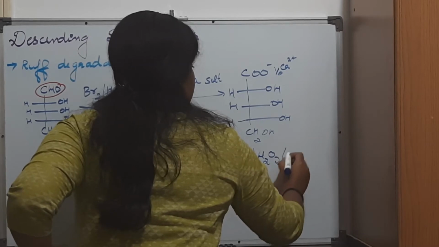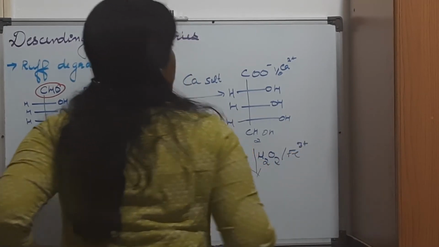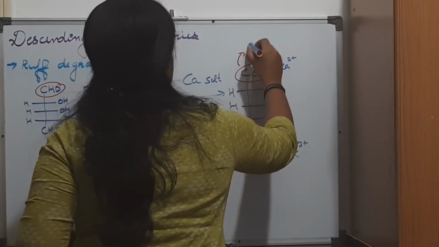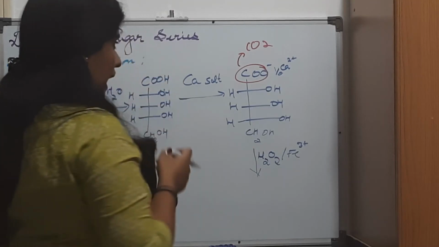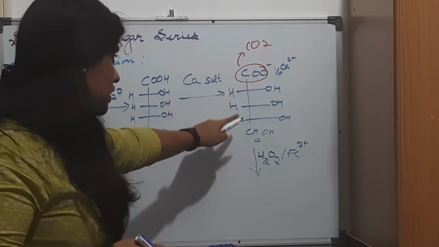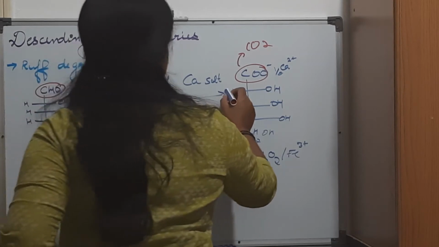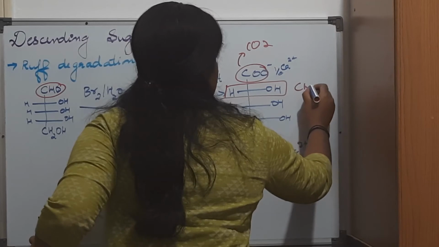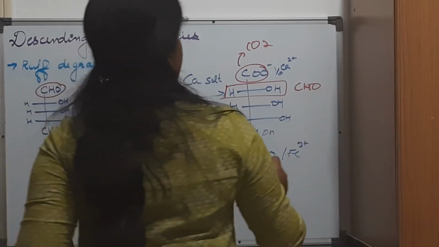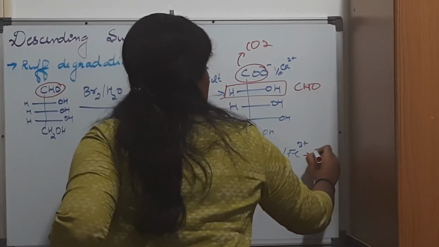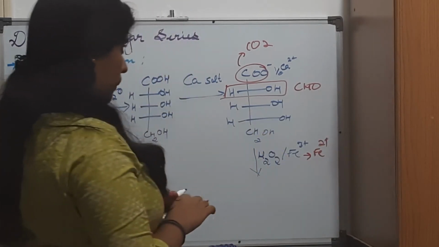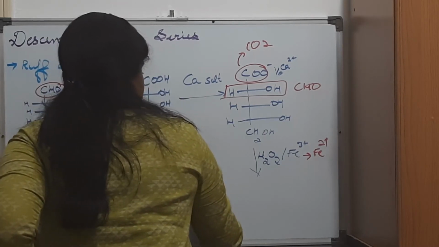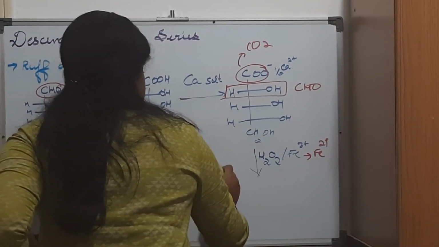H2O2 and Fe3 plus. So here what happens is, this COO will come out as CO2, carbon dioxide. And so already that carbon is gone, so the chain has decreased. Now this portion gets oxidized to CHO and Fe3 plus gets reduced to Fe2 plus. All this will happen when we add this Fenton's reagent, and finally what we get will be my desired product. CHO,